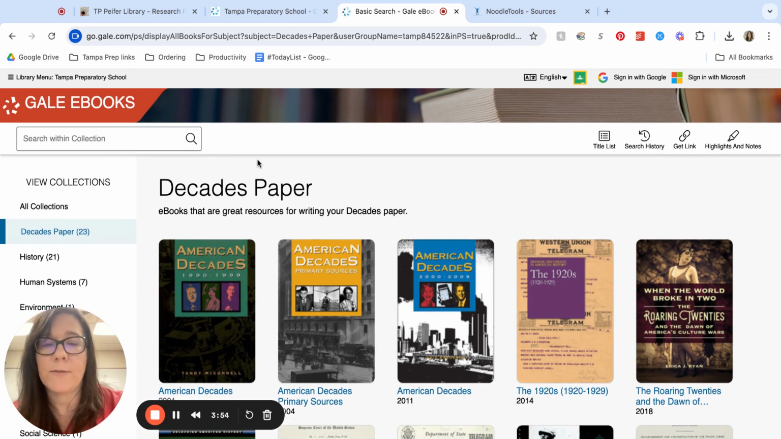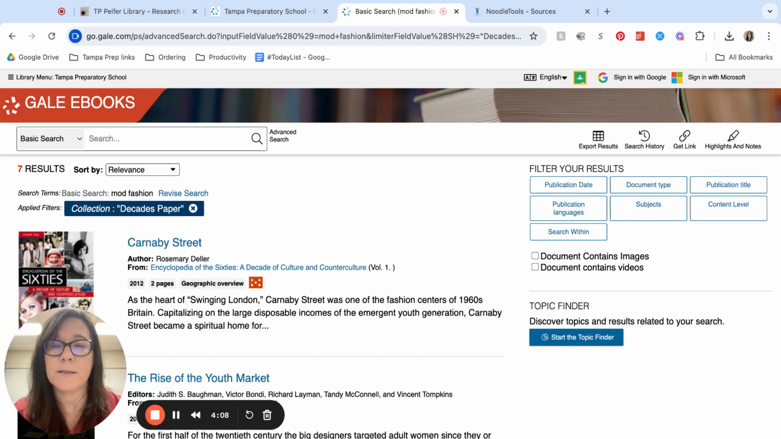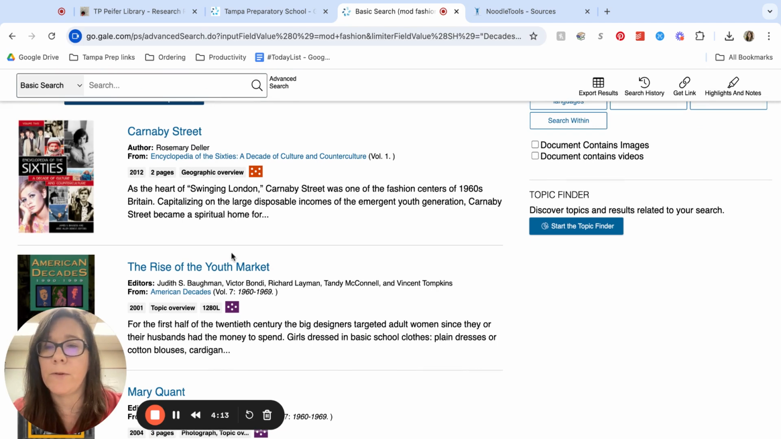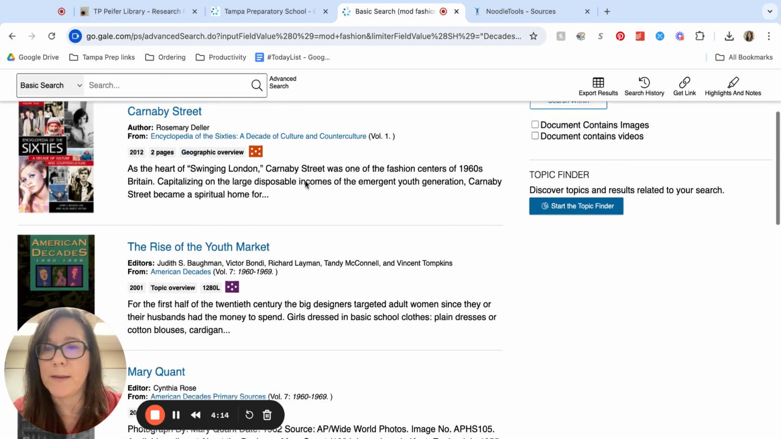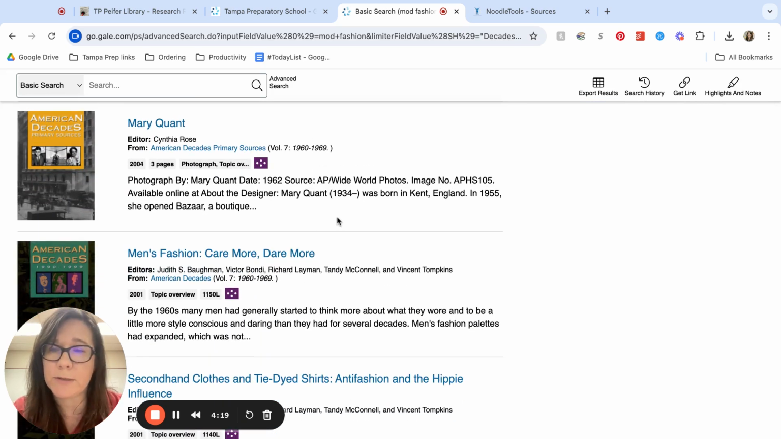And so let's say for the sake of this one that I want to do mod fashion. So let's say that's the specific focus, is I want to look at the mods and that era of fashion. I can do that searching within the collection. And now I have all the different resources from different volumes. So I've got an Encyclopedia of the 60s. I've got an American Decades volume, the primary sources volume,